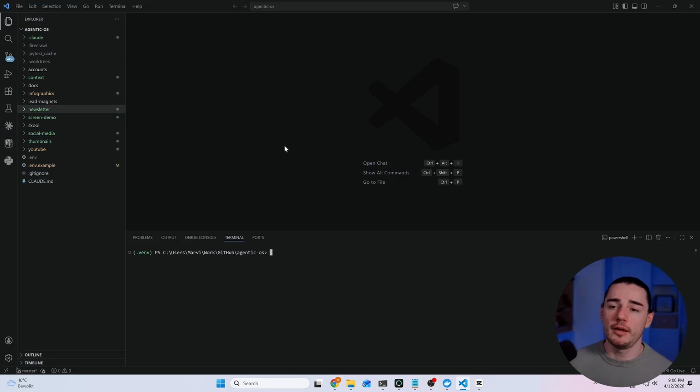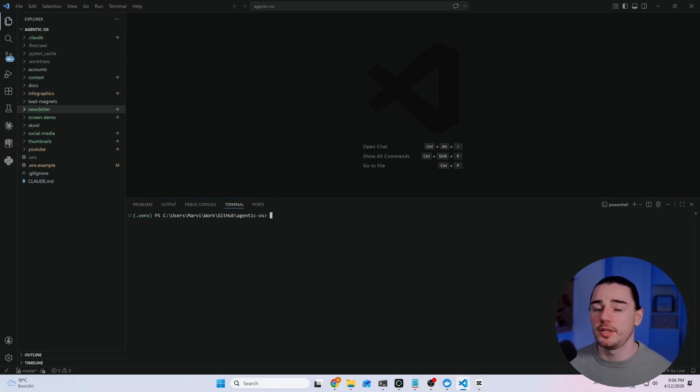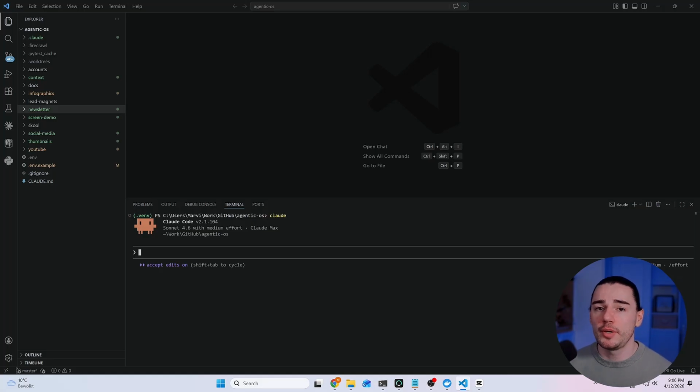For that, I have opened Visual Studio Code, because on the left we have the Explorer, where you can also see some folders and files. And of course, we have to open up the terminal because Claude Code is a CLI. For that, I can simply type in claude. And now I already have a Claude Code session, where I could use it, for instance, for generating Python code,